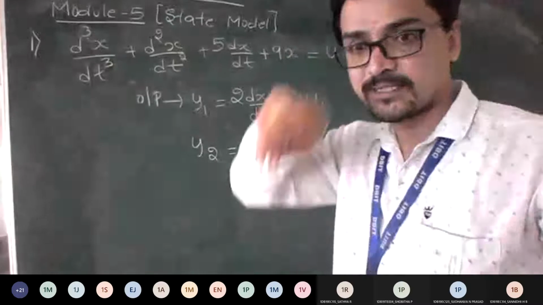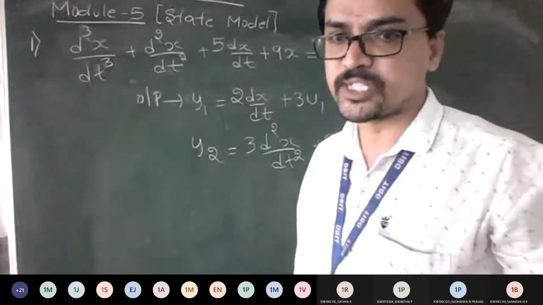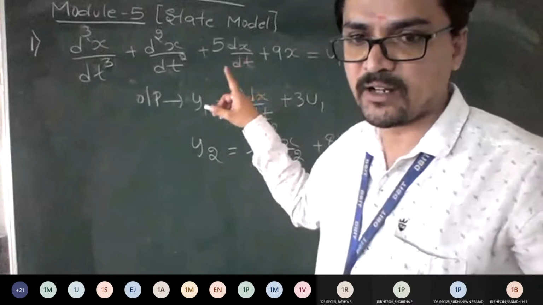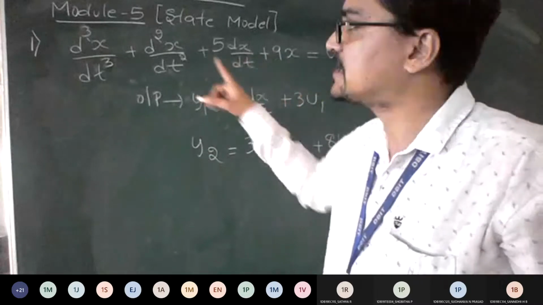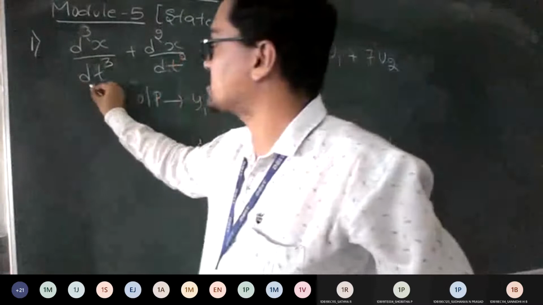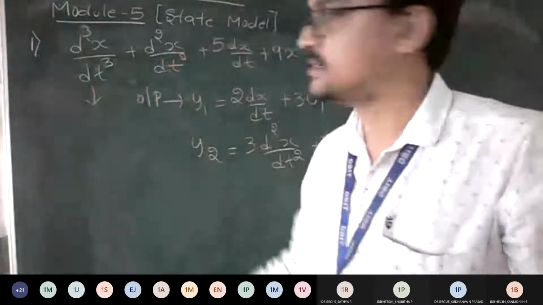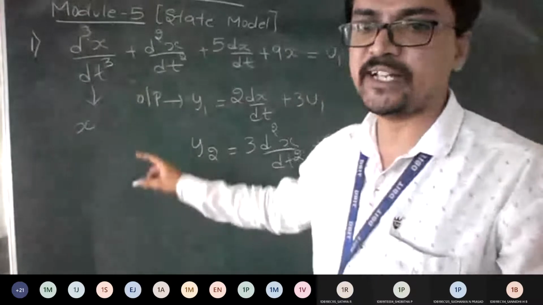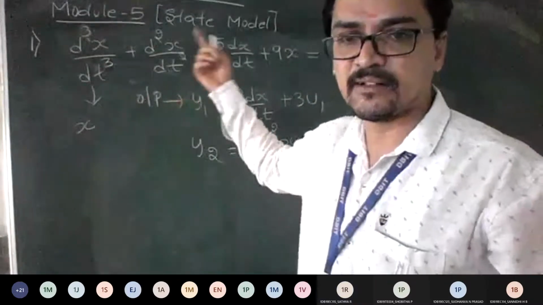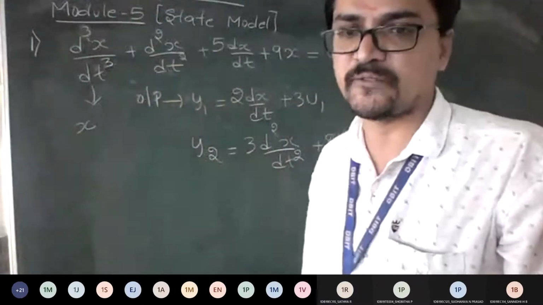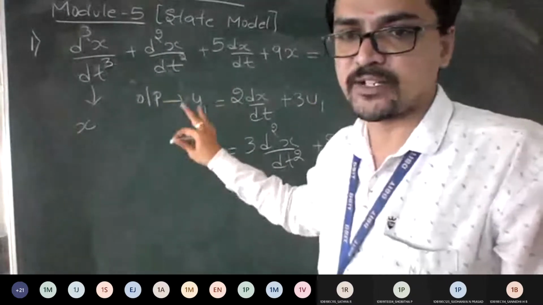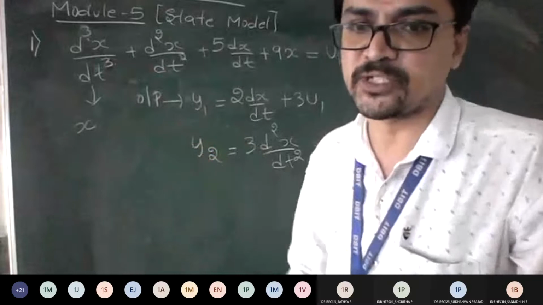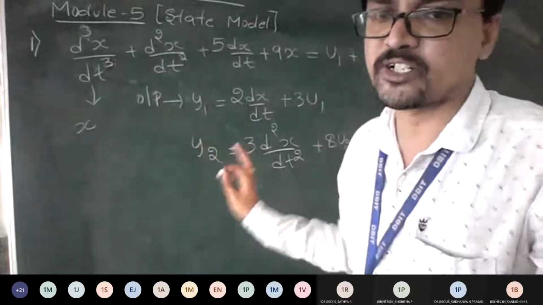So now it is a slight change from the previous problem, right? Instead of giving x triple dot, y double dot, x double dot, x dot, they are given with respect to d cube. I hope you know the representation for this, right? Nothing but x triple dot. So instead of giving the equation in this way, they are given the differentiation form. That is why it's called a differential equation. So from this, you need to get me the state equation using the same procedure. That is the only change from the previous problem.